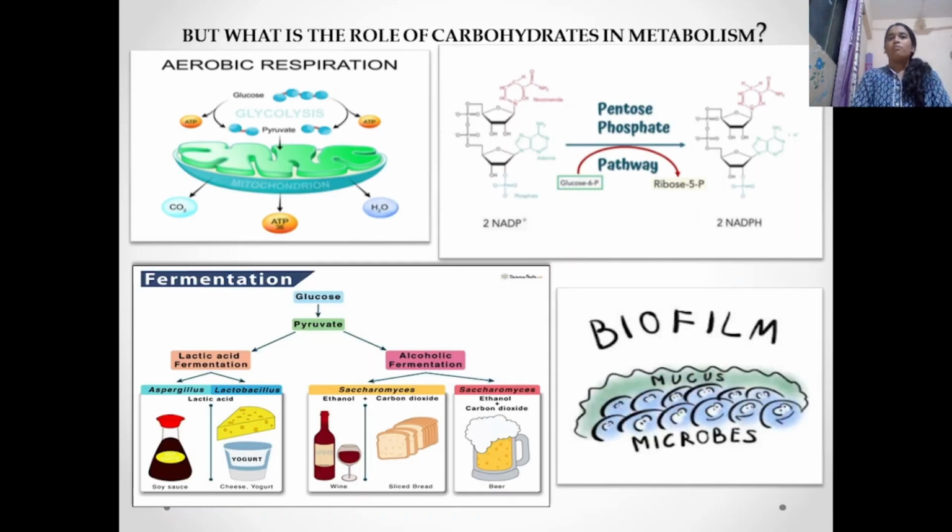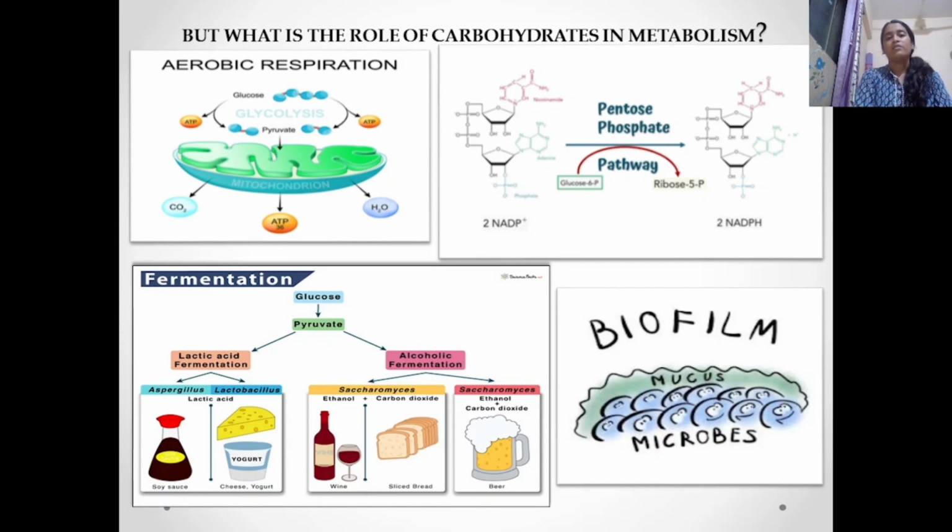So we saw the types of carbohydrates in detail, but what is the role of these carbohydrates in metabolism? When we consume these carbohydrates, these complex forms are broken down into various monomeric forms. Like when we eat food rich in starch, the digestion starts happening in our mouth itself. Amylase is an enzyme which acts on the starch right from our mouth, and then until it reaches the small intestine, these carbohydrates are broken down into monosaccharide units.